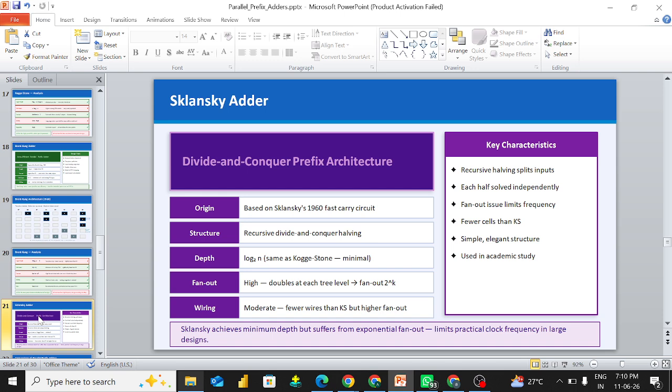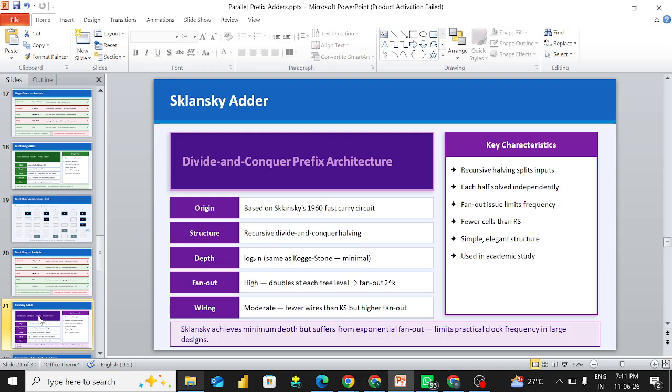the main thing of the Ladner-Fischer adder is that it also achieves minimum depth like the Kogge-Stone adder. It has somewhat the same technique for calculating minimum depth, right? Using the formula log to the base 2 of n, you're going to determine the depth, right? So like that, same as the Kogge-Stone adder, it has the same property for depth, whereas